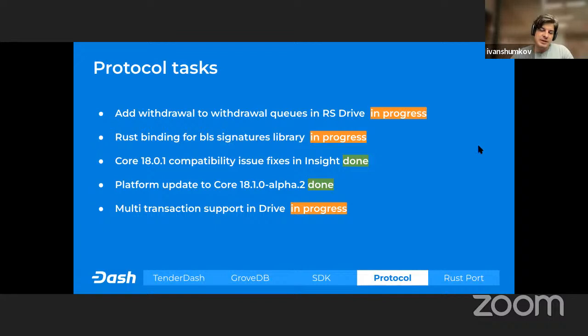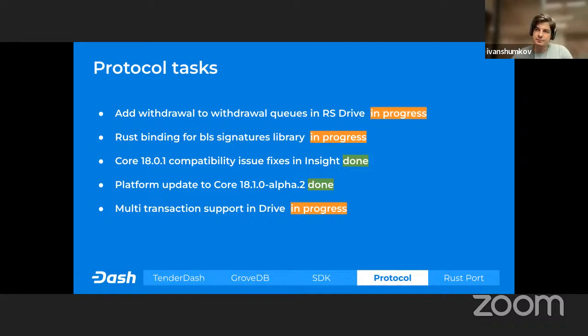The next topic is multi-transaction support. So let me explain what it means. The Tenderdash team and Dima have already spoken many times about the same block execution.